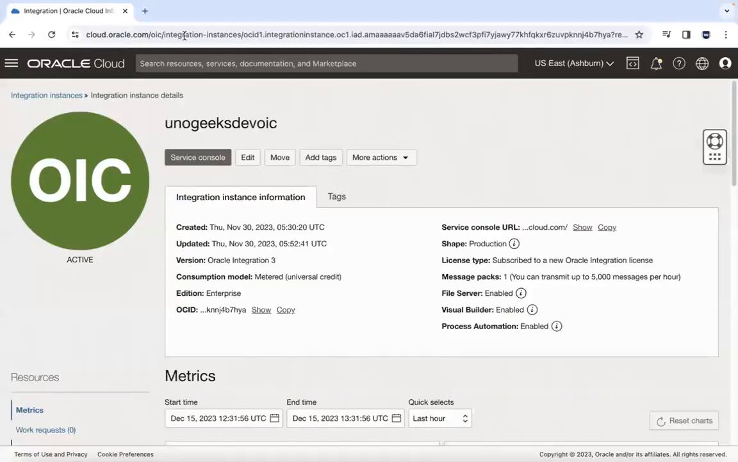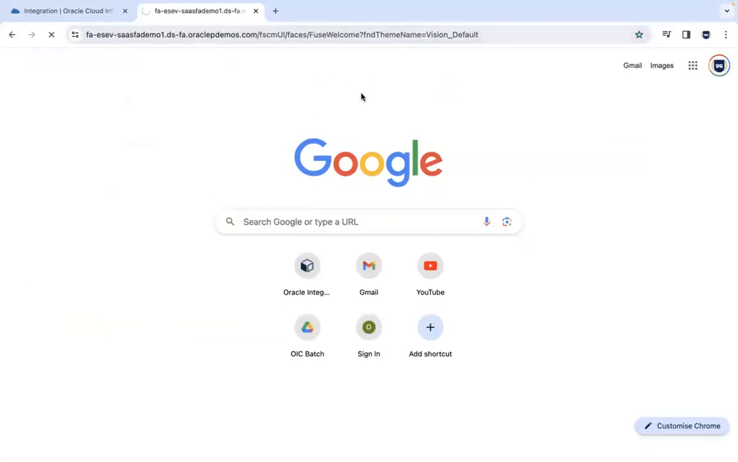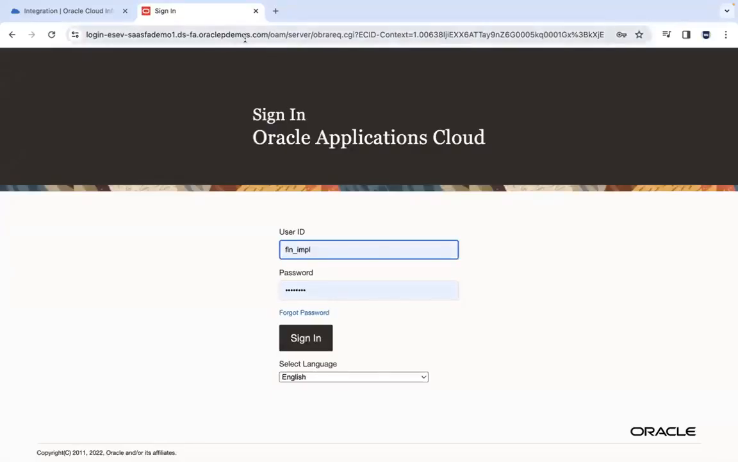Now, one important point, guys, if it is a Fusion Cloud application, or even if it is EBS, it's one and the same, in the sense of the way you create users. So if it's a Fusion Cloud application, you log into it with a username and password. And I'm logging in as a user with admin access here. I'm logging in as a finance implementation user who has IT security manager role, which means this user has access to manage the users. So once you log into the Fusion Cloud application,